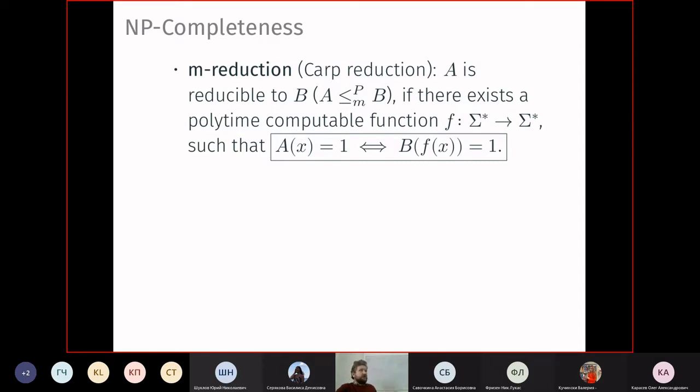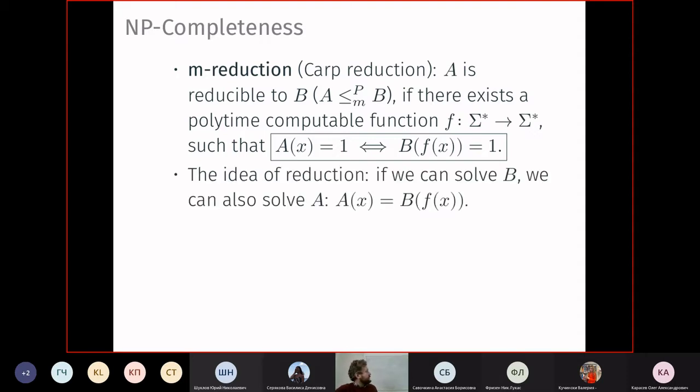The notation is A ≤_m^p B. P stands for polynomial, m stands for the fact that it's many-one reduction, so these are not parameters, they are not, say, natural numbers or something. The whole symbol is just the notation for many-one reduction. And why is it less or equal? Because if A is reducible to B, then A is simpler than B, well, not harder. This means that if you have a good algorithm for B, then you definitely have a good algorithm for A, because it's just a composition of applying f and then running the algorithm